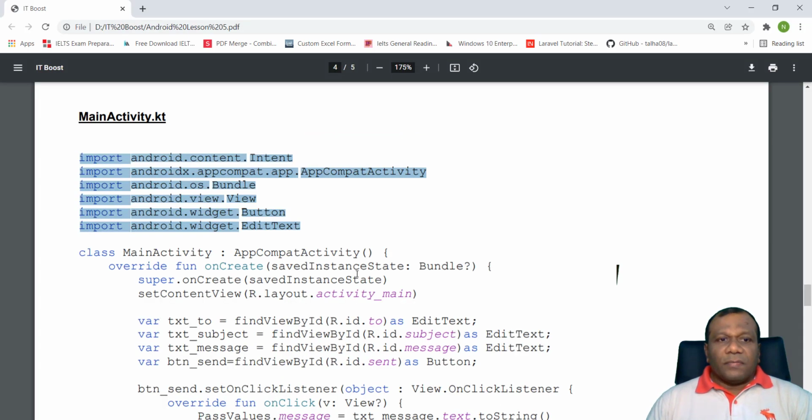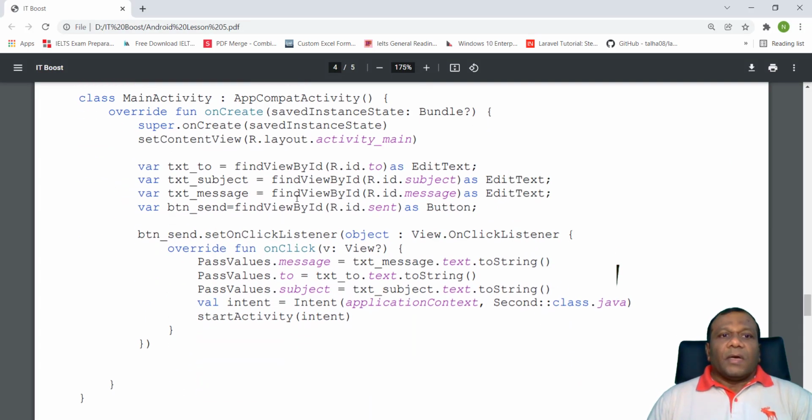So next we have to cast the components. It means the edit text and the button. So we have to cast those 3 edit texts and the button. So we will add that code.